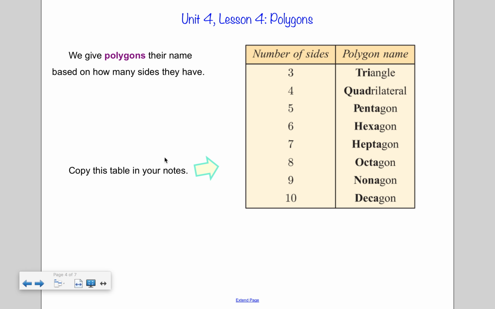7th grade. So please take a moment, pause the video, and copy this table into your notes. Just these eight, from 3 to 10 sides. Please do copy them down. All right, thank you, and come on back. If you're finished copying down the vocabulary, what I want to get into next is something called